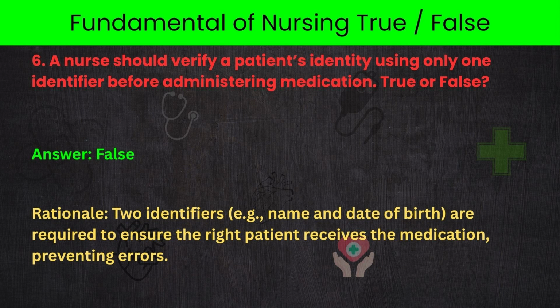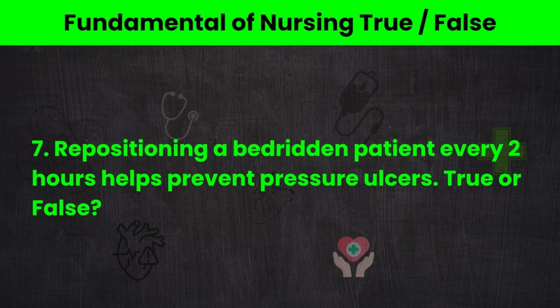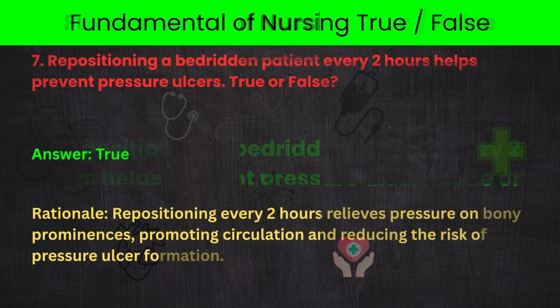medication, preventing errors. 7. Repositioning a bedridden patient every 2 hours helps prevent pressure ulcers. True or false? Answer: true. Rationale: repositioning every 2 hours relieves pressure on bony prominences, promoting circulation and reducing the risk of pressure